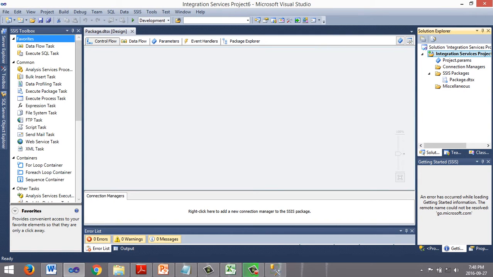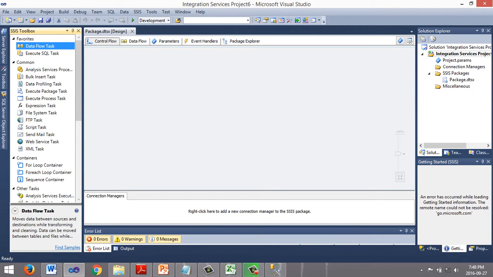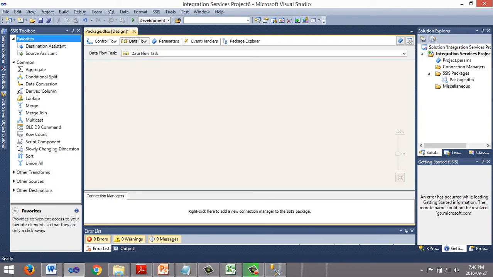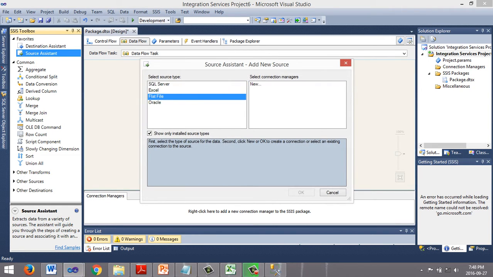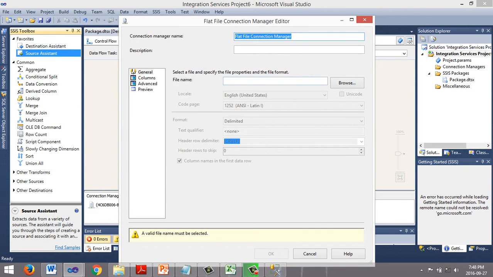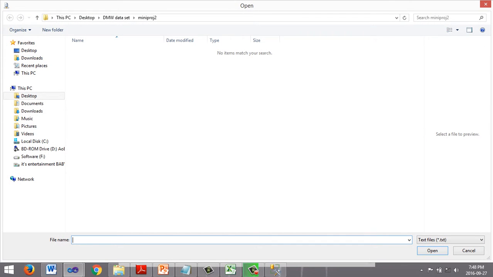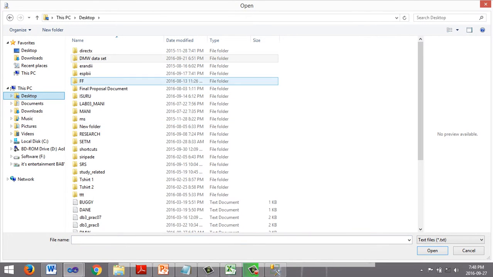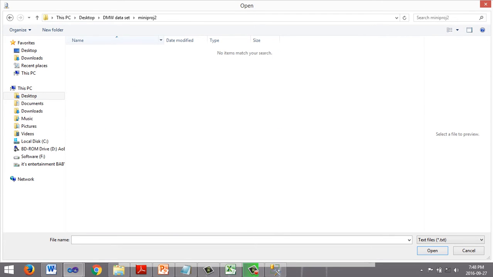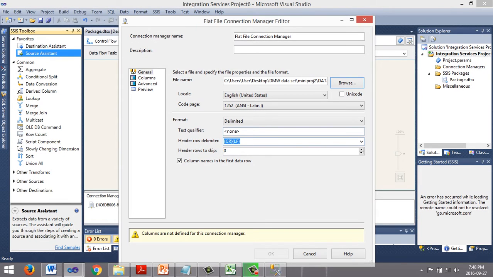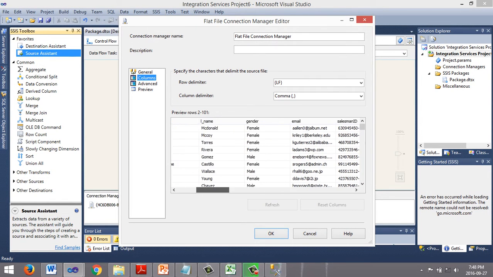In the control flow panel, first of all, you have to put a data flow task and then double click on it and then put source assistant tool. Here choose flat file, then new, OK. Here you have to choose the .csv format file of your dataset from your computer. Here is my dataset and open. Then check if the columns are correct